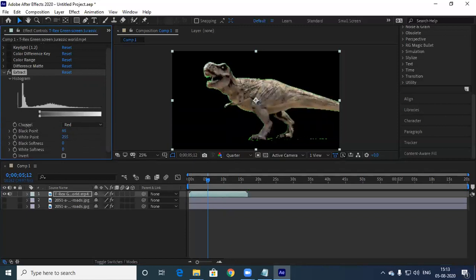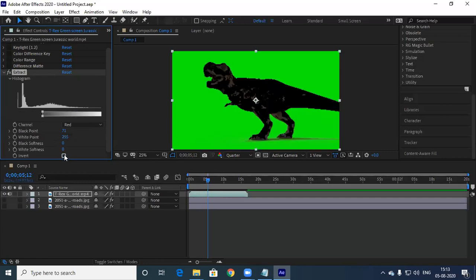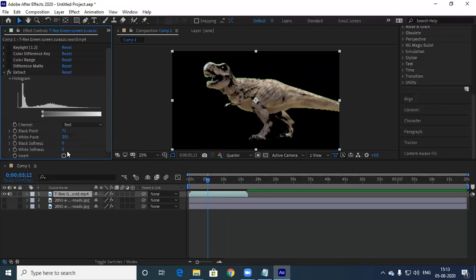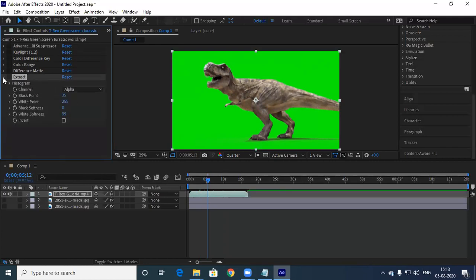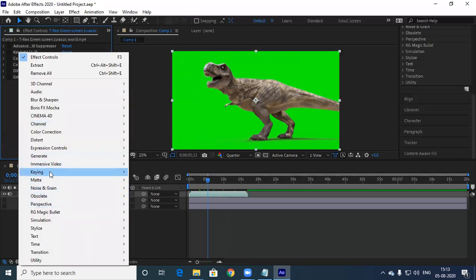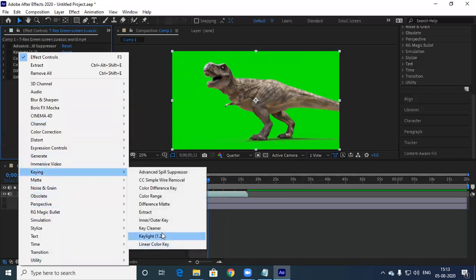So red tones, this is how it works. Red tone, green tone, blue tone, alpha. That's how it works. So it's called extract. When you're working on certain major green screen work, you will be using these things.